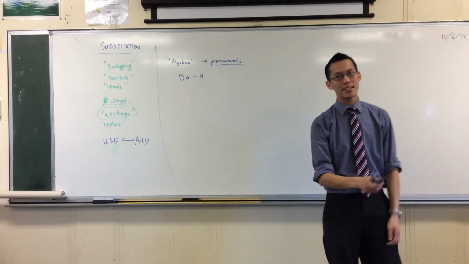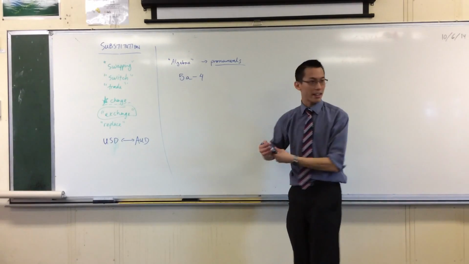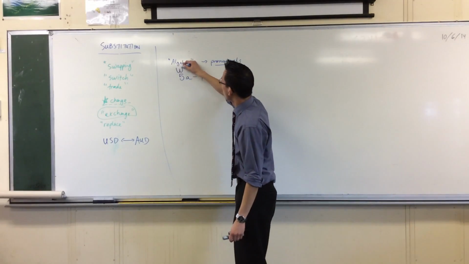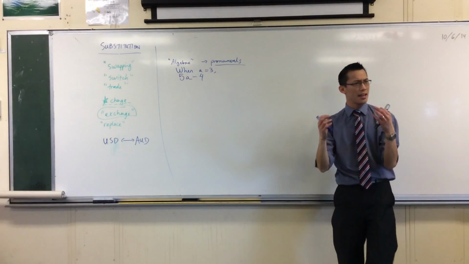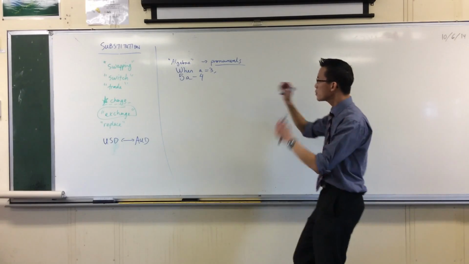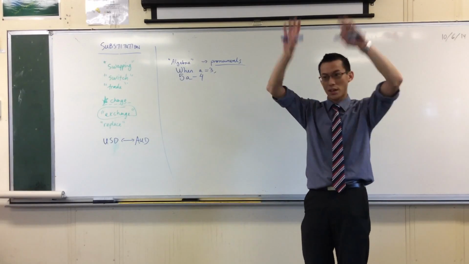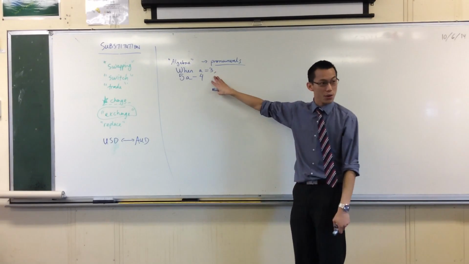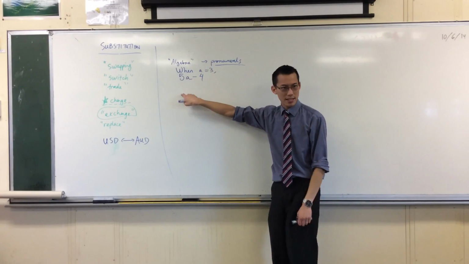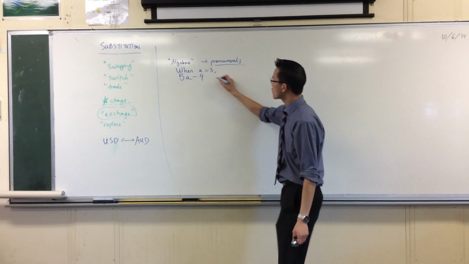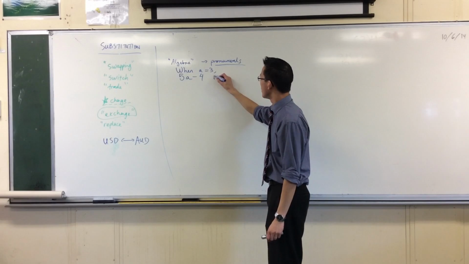But I can just as easily go back the other way, okay? So for instance, I can say, and I'd like you to write this down just above this, right? When A equals 3. So now you see this number that I didn't know before, right? I'm assigning it a value. Or maybe I found out through some earlier part of the question that that's what the value of A is. Now, I can substitute this into this, okay? So I can say, when A equals 3, 5A minus 4 is equal to,